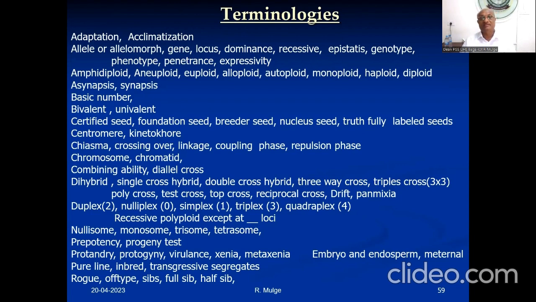Pachytene is the double thread stage of meiosis, where the same chromosomes get paired and come together. Then diplotene is the stage of meiosis which follows pachytene and during which the four chromatids of each bivalent move apart into two pairs but remain attached at the region of chiasmata. That means